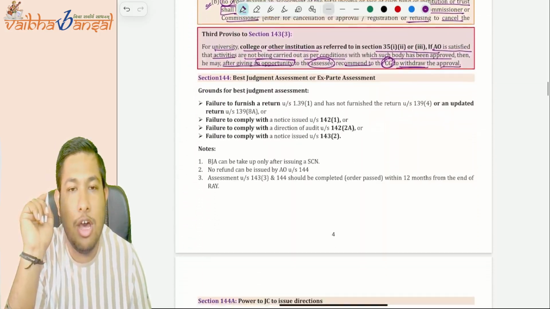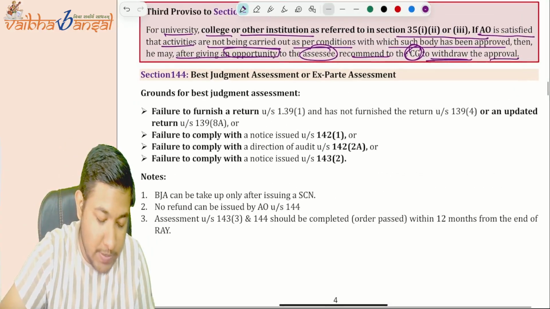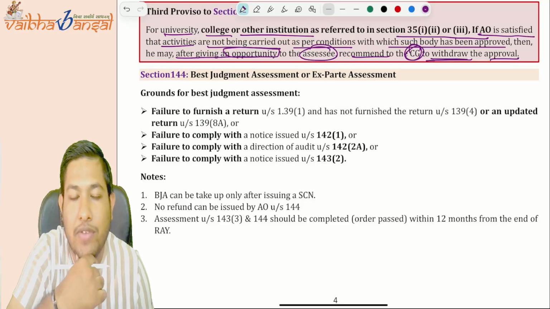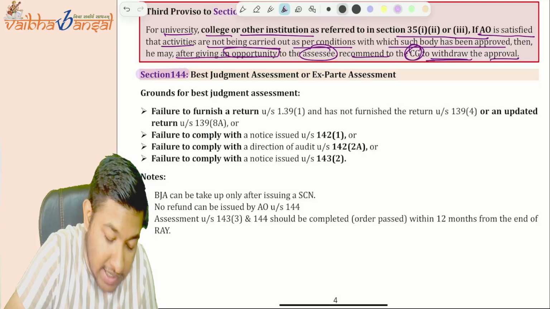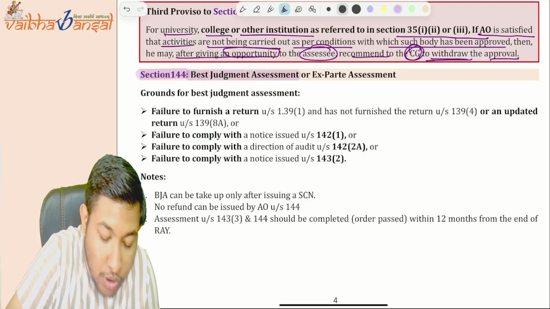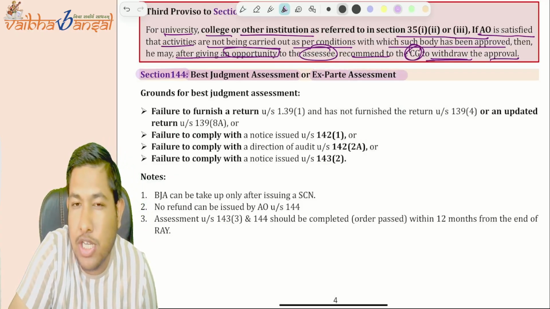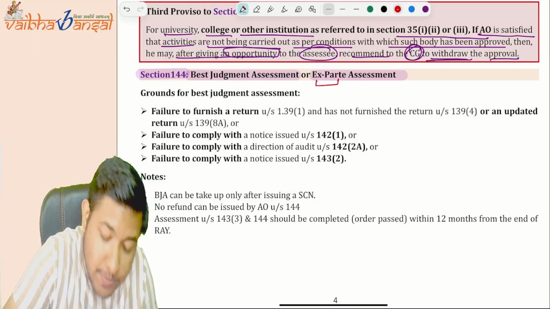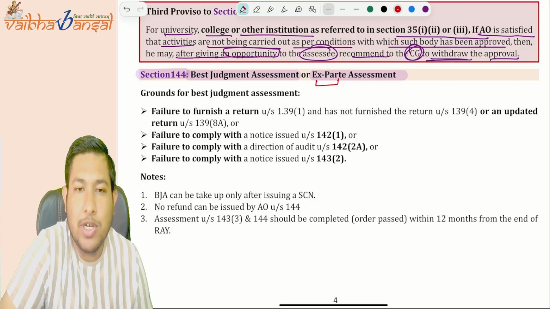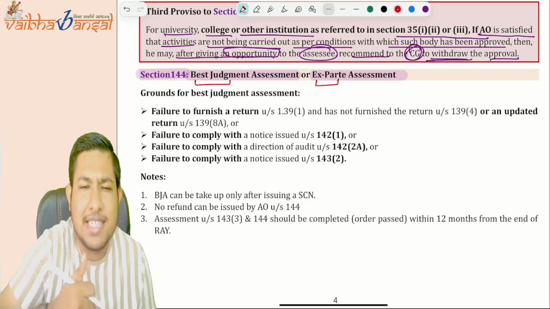Understood. Now we are coming to the best judgment assessment. Just understand this best judgment assessment first, and then I will give you 10 minutes. Now, best judgment assessment is section number 144. It is also known as ex parte assessment. Why is this particular name given? See, in this particular case, a best judgment assessment means